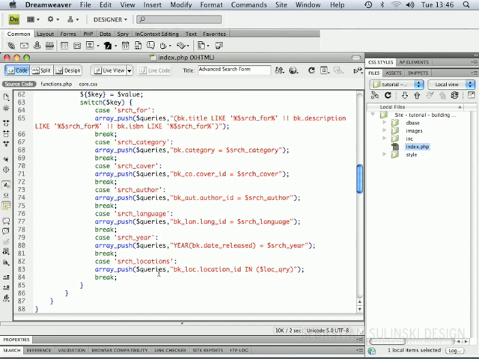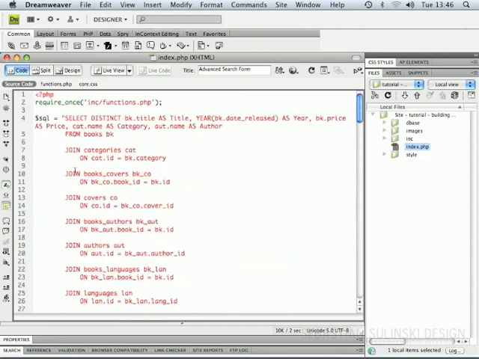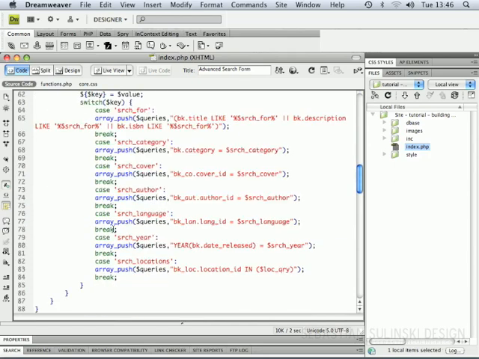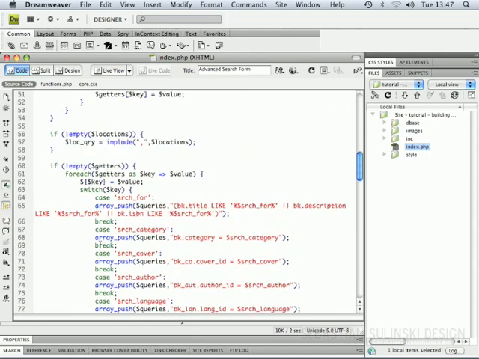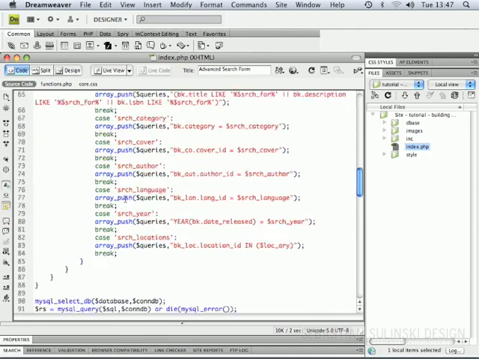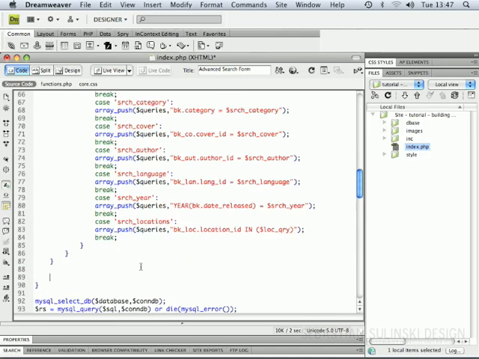Okay, so now we need to join our main SQL statement with all those statements, depending on what kind of selection has been made through our search form. So after our if empty getters statement, create a few new lines and start typing another if condition. If is an empty array queries,